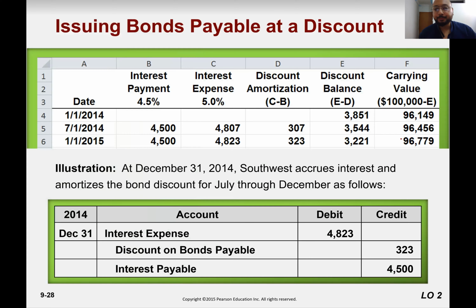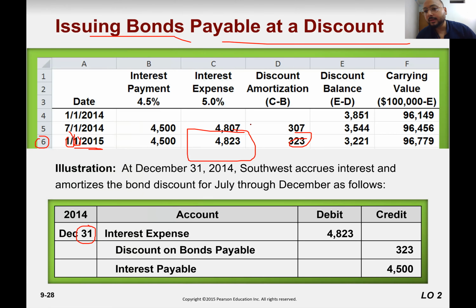Here they will be reporting bond value 96,775, discount 3,221, and their income statement shows interest expense 4,807 plus 4,823 here,